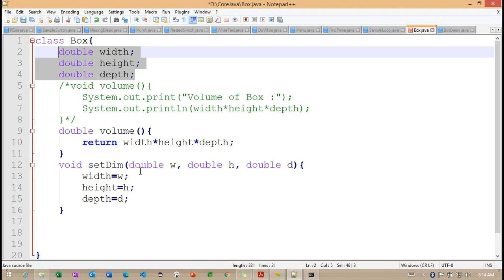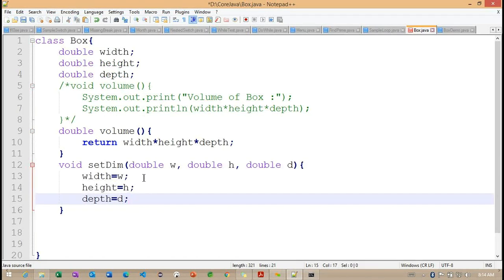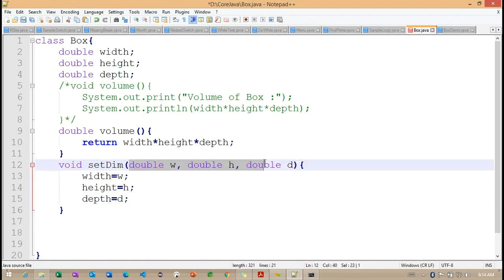Now I want to provide one more piece of information. Whenever we define this section, these variables are local to this particular method. Which variables are local to the method? These variables w, h and d. Why are they local to this method?